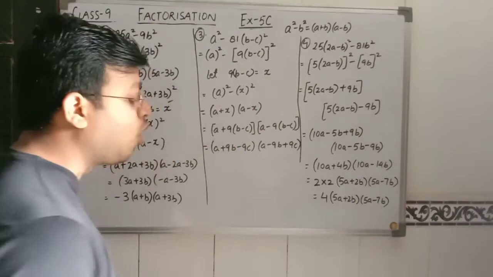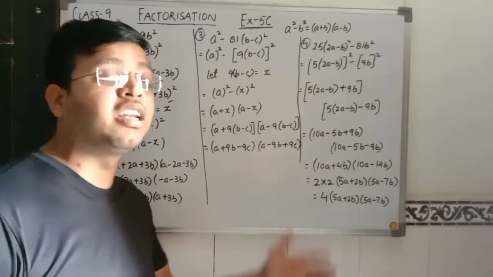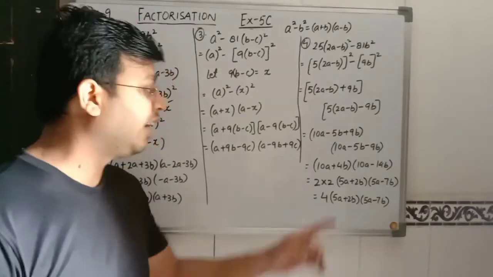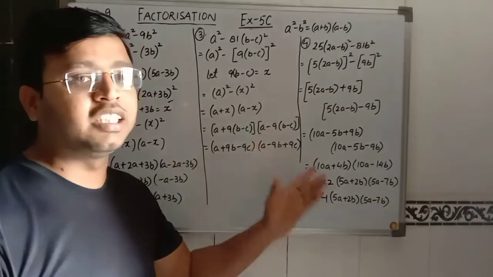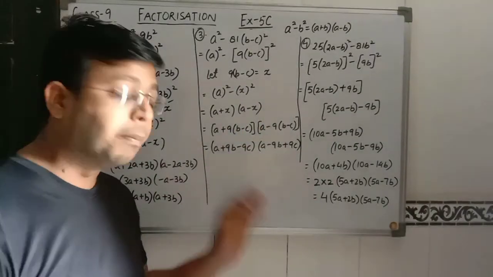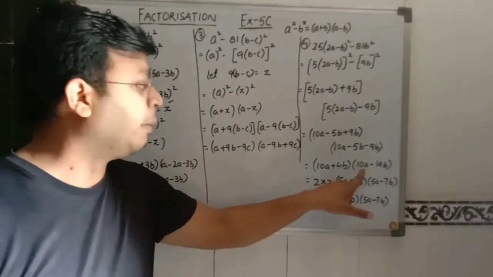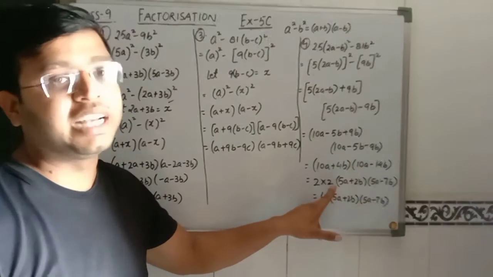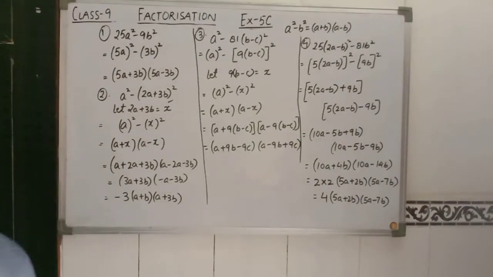As I told you, always we have to simplify, we have to factorize the expression as much as possible. It is not like that if you leave your answer till this step, then your answer is exactly perfectly correct. Because in between these two numbers, 2 can also be taken as common, and between these two numbers, 2 can also be taken as common. So we have to take it. So this is question number 4.